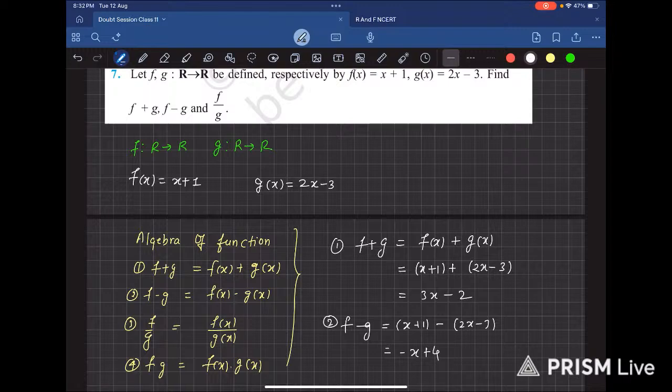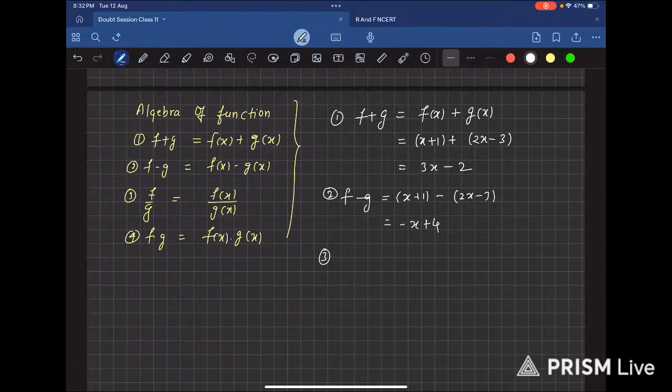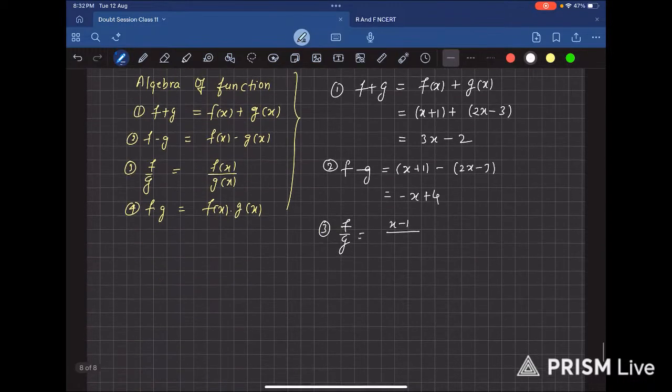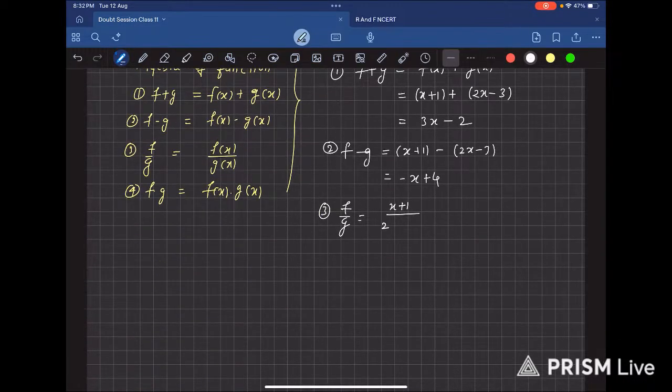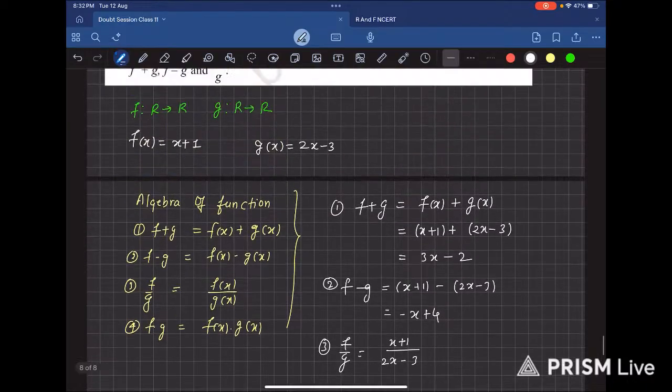f by g means x plus 1 upon 2x minus 3. सॉरी, x plus 1 upon 2x minus 3. ओके, चलिए, सबको समझ में आ गया, सभी कुछ।